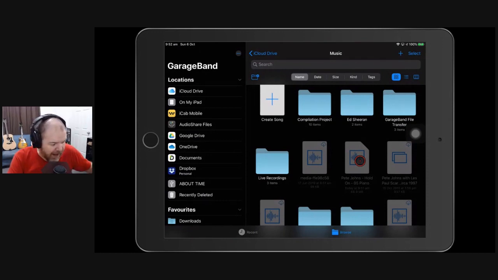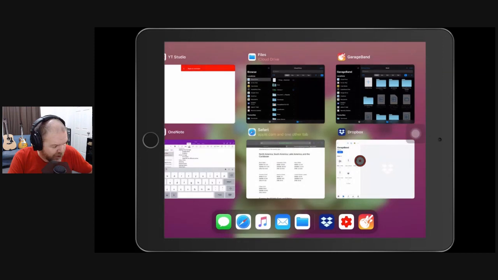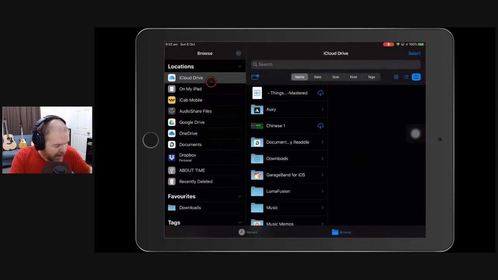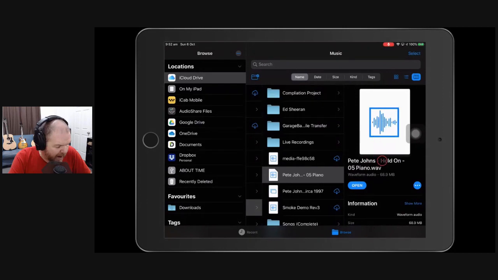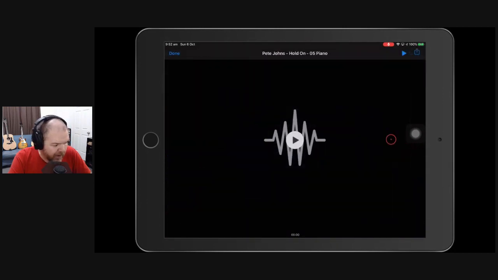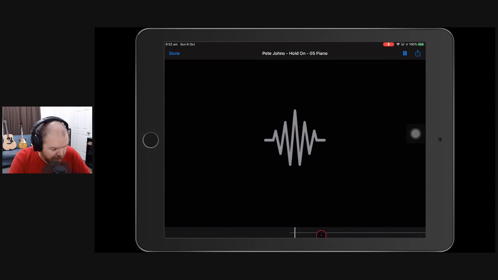But if we want to just play that, if we just double tap and go back over to Files, where we were before, now if we go to iCloud Drive, and if we go to Music, and we find this file, there it is. So if we want to just play this, we can just open it in our audio player, and hit open, and it will open it up, and we can just hit play. Now the reason it's got all this silence at the start is because it had all those bars of silence, but if we tap further down,